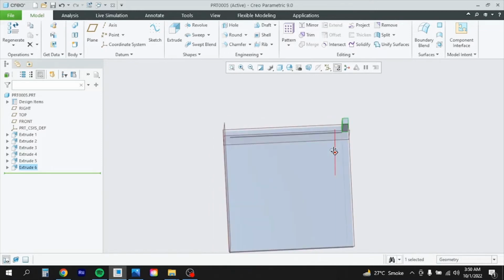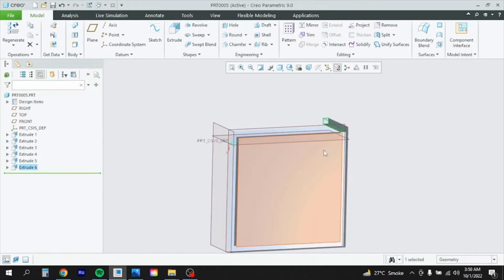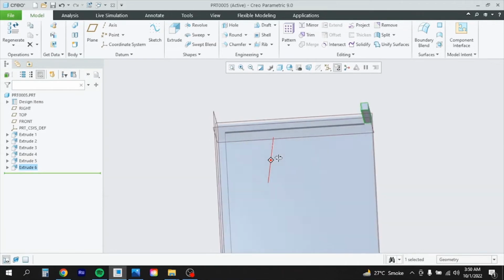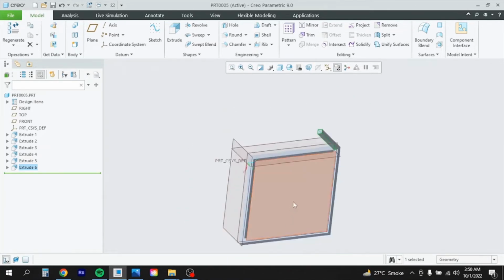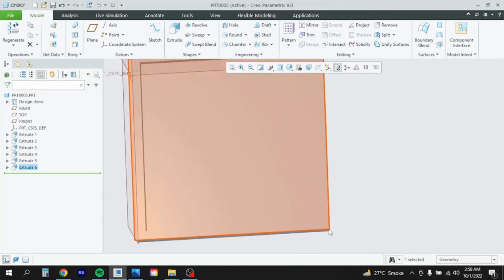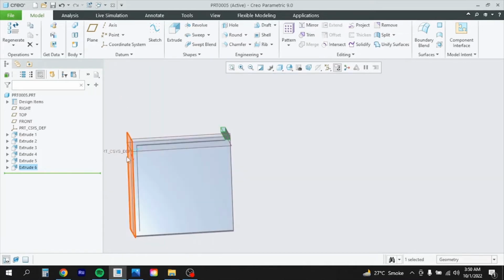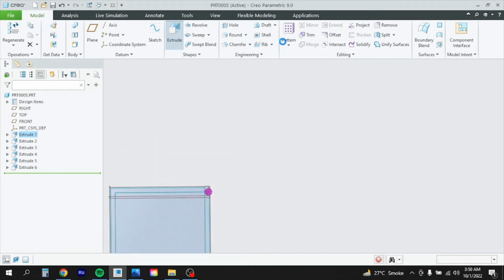Okay, so what we can do, we are having one plane here, so we will make one in the center. So this support I will enter manually, and these two supports I will show you how to add them by using the mirror command. So again I will choose this plane, extrude,